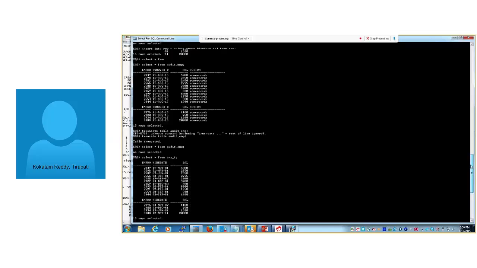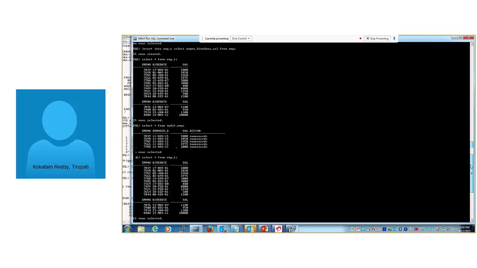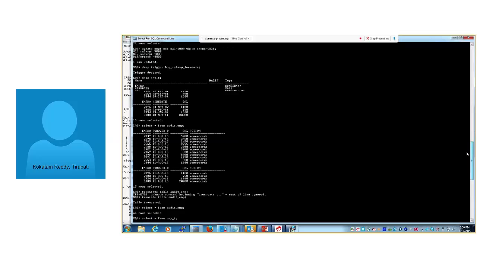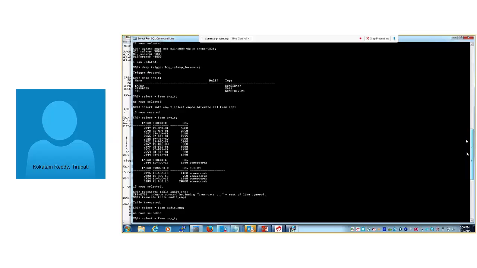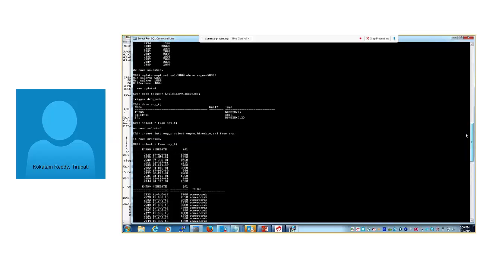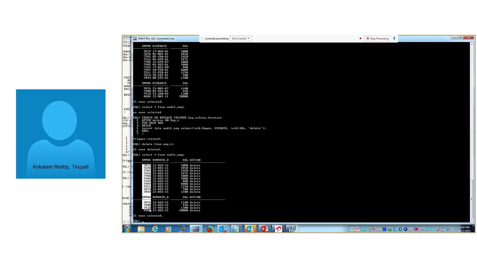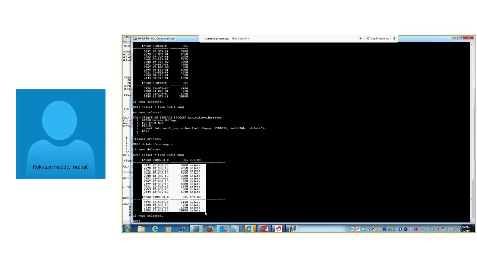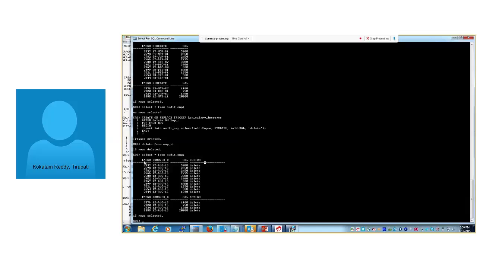The audit table has the deleted employee number, when the user deleted, the old salary of the employees, what action he performed, update or delete or insert, when he performed that action, and which employee was affected by the delete statement. Every piece of information we can get from the audit table.